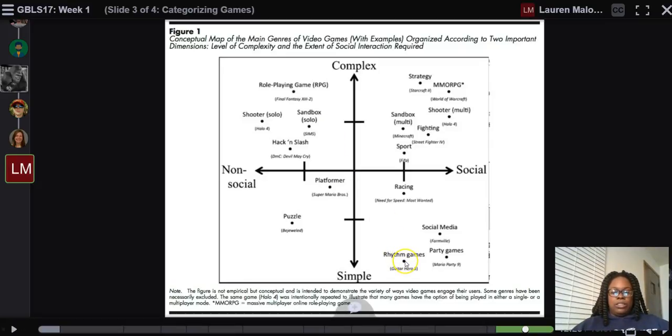And then I talked about Guitar Hero for the simple-complex scale in terms of objectives. If your objective is to teach fine motor skills or that sort of thing, then Guitar Hero might be incredibly complex. I think what they were going for is single goal versus mission oriented or something like that. I think that would go a long way in talking in a different way about this chart.